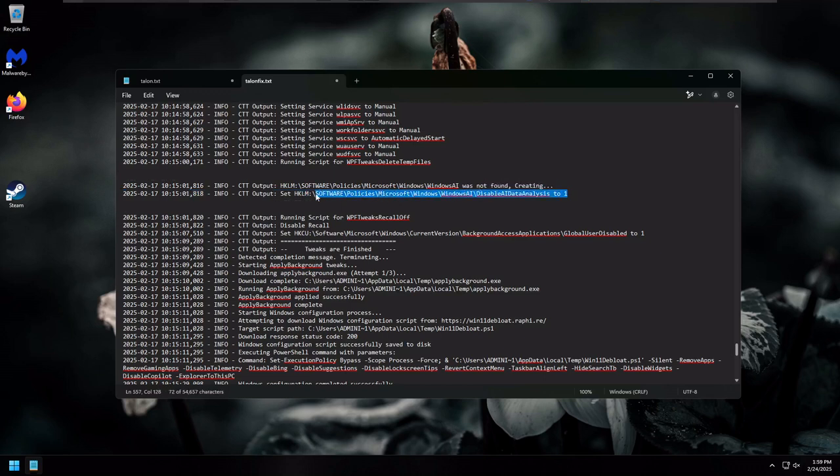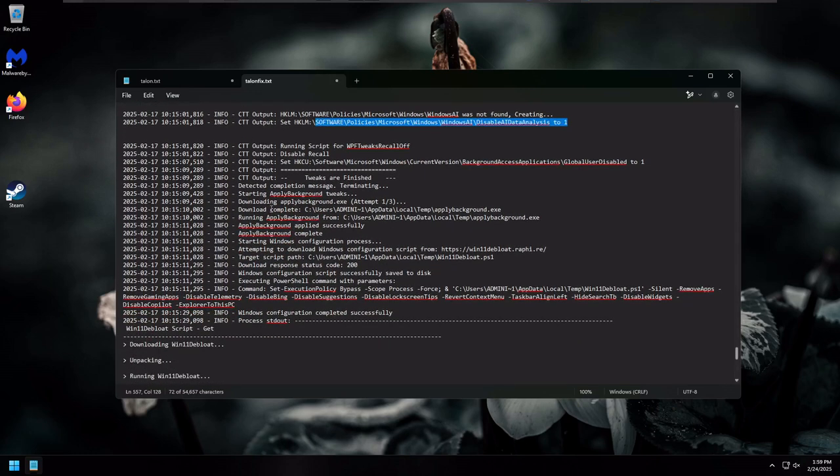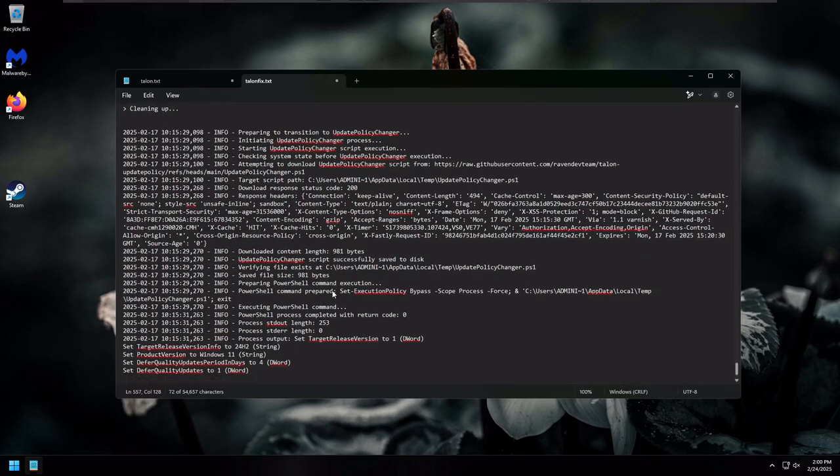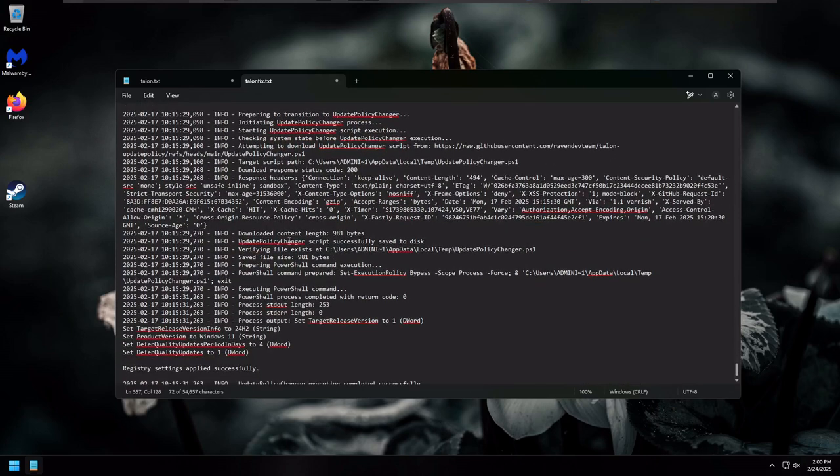You can add it if you want to. If it makes you feel better, you could just do a reg add and add that one particular key in there to disable it, but it's not necessary for what we have going on. It's not going to just automatically reinstall it or re-enable it, since the corresponding services and structure are actually physically missing. So if we scroll down in here further, what we're going to see is that we're going to reapply the desktop background once again, which you know how I feel about that. So we're just going to move on a little further down, and that's when we get to the update portion